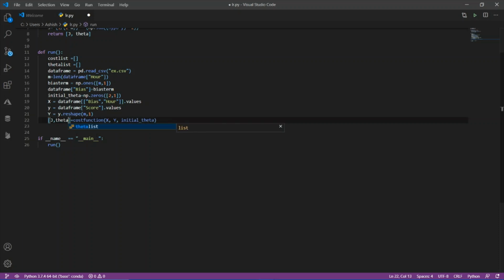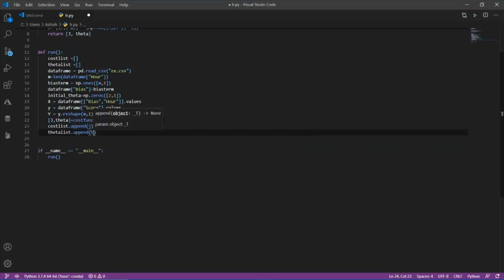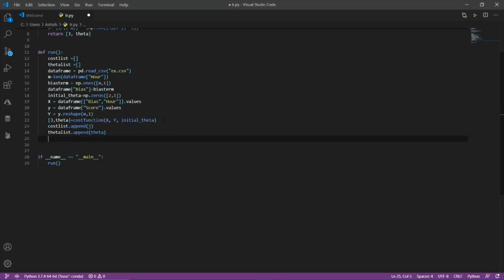So j is a cost and theta is theta. Now I have to append this cost and theta into the cost list and theta list respectively. So cost list dot append j, similarly theta list dot append theta.